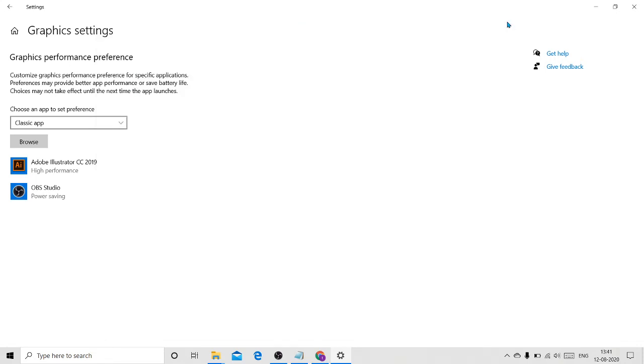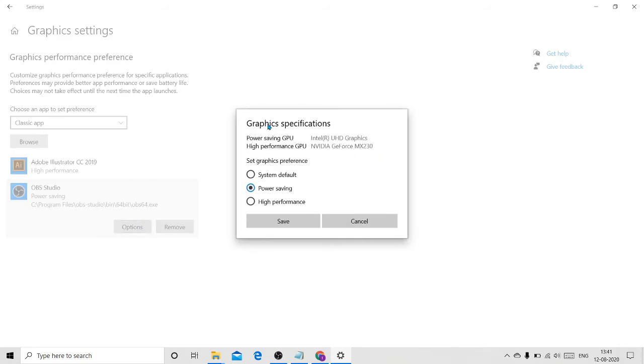After clicking on add, you close this, and your OBS Studio will appear here. Single left click on OBS Studio, click on options, and here it shows power saving GPU and high performance GPU. Your power saving GPU is the one integrated with your processor, and as mine is an Intel CPU, it shows Intel UHD Graphics, and my high performance GPU is NVIDIA GeForce MX230.